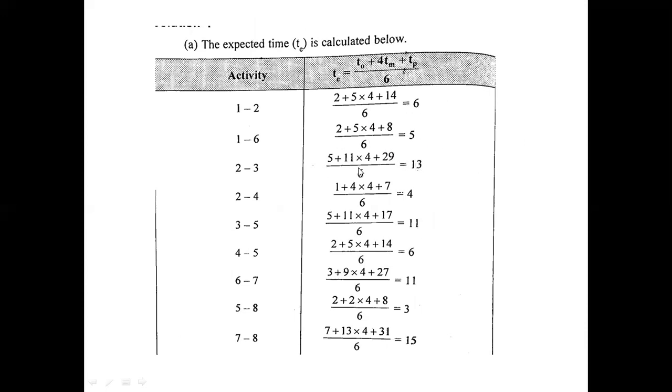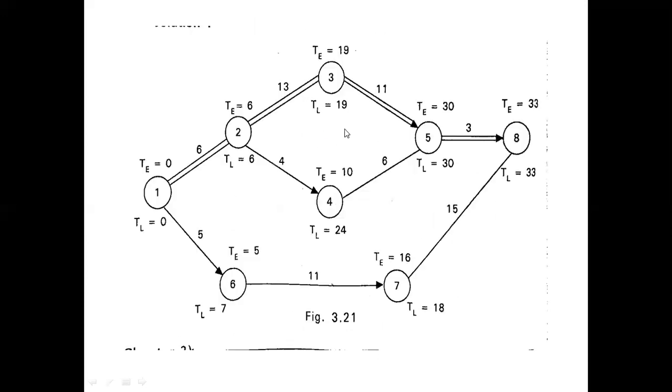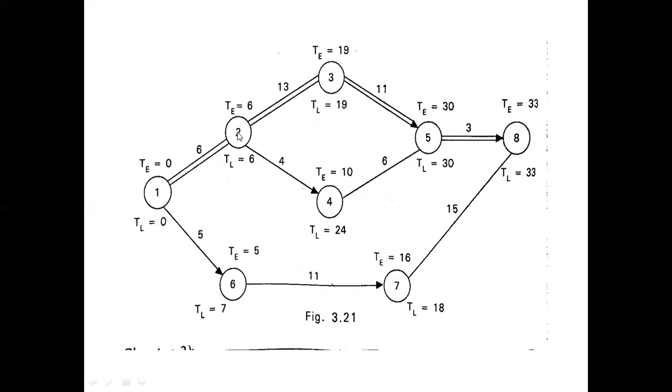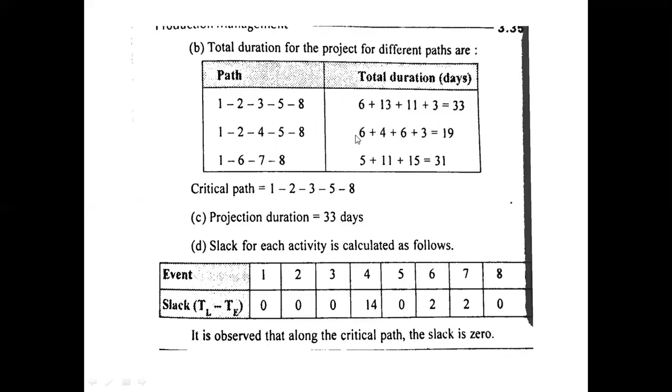And this is the first step in the PERT technique. After finding this, we have to draw the network diagram by indicating the expected duration of each and every activity. The remaining is the same as in the previous case, that is CPM. Calculation of earliest finish time, then calculation of latest finish time, then slack, then identification of different paths, identification of the critical path, project duration and calculation of slack. The remaining is totally the same.